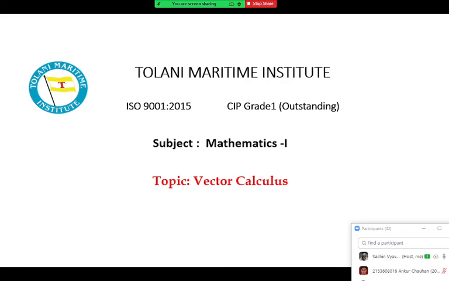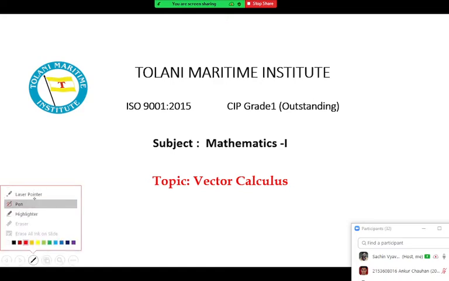So this one is our first session on vector calculus. It is the second unit from my side, because we already finished the integral calculus. Now we're starting vector calculus. Remember, this vector calculus is really a simple topic, provided you are good in the basics of vector algebra. Even though I said basics of vector algebra, there are not many things you should know. There are very small definitions that we require as a prerequisite. So let me write them one by one, and I will ask you also.